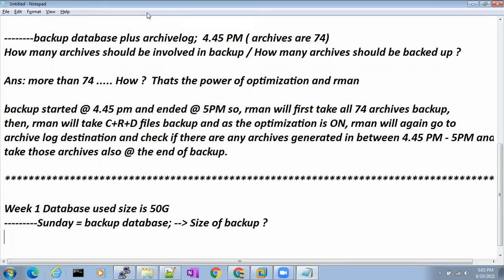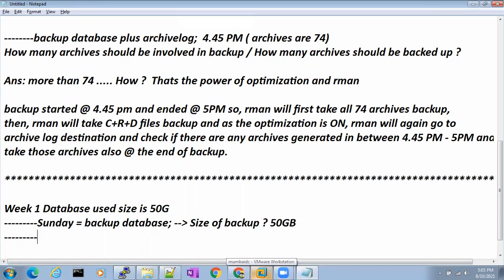So what will be the size of the backup? Now I will ask the person who raised a hand, Balraj. Less than 50 GB. What is this? Can you please read it for me? Used size is 50 GB. Okay. Satish, what will be the size of the backup? More than 50 GB, because by the time of ending the backup there may be a few changes. That's okay. Completely used size is 50 GB. So what will be the size of the backup? 50 GB. Okay.